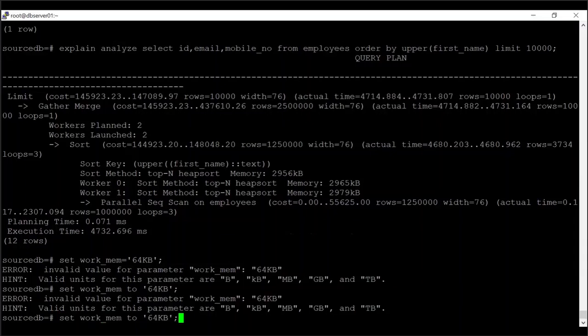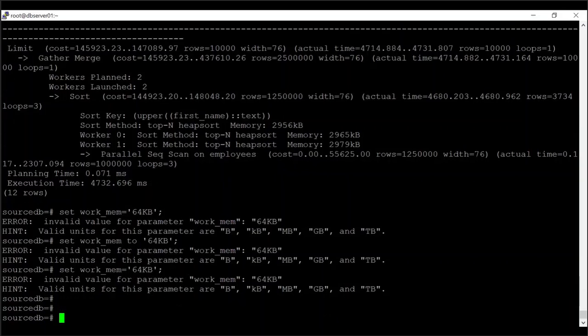After system, it's not required. For session level, we can just directly give it with the set command. We set work_mem equal to